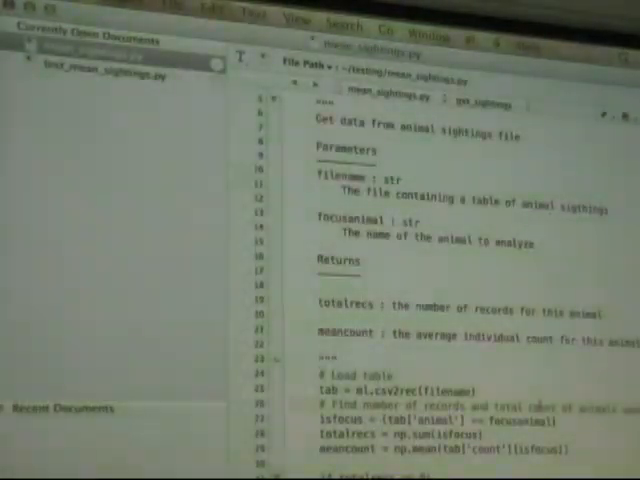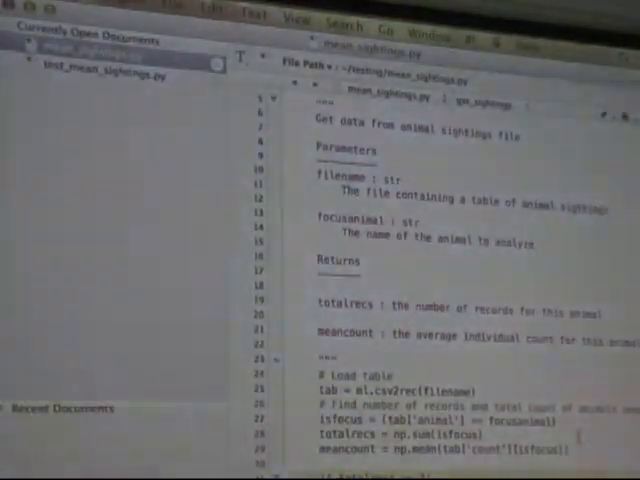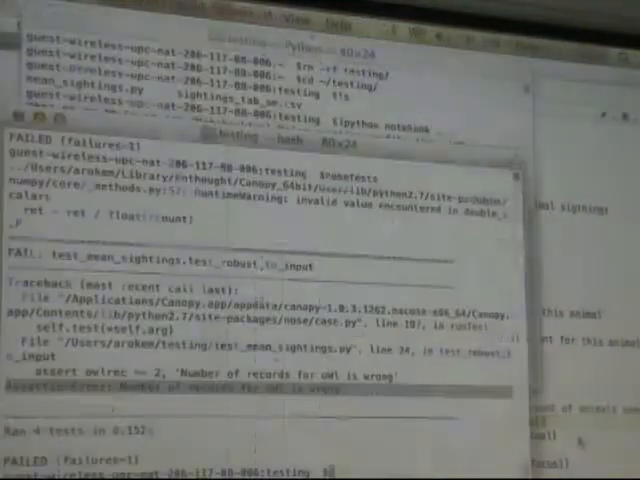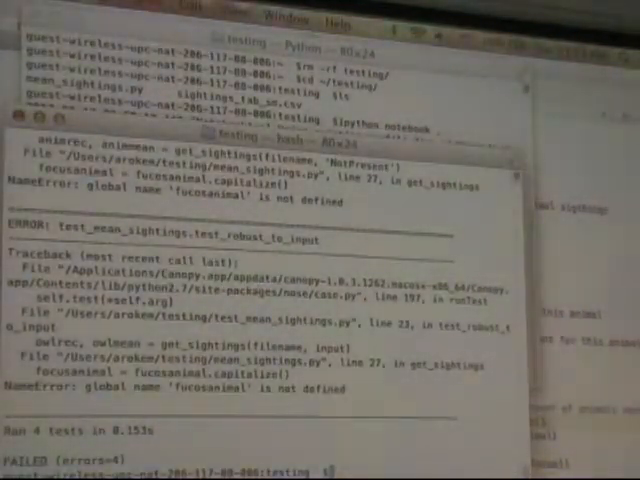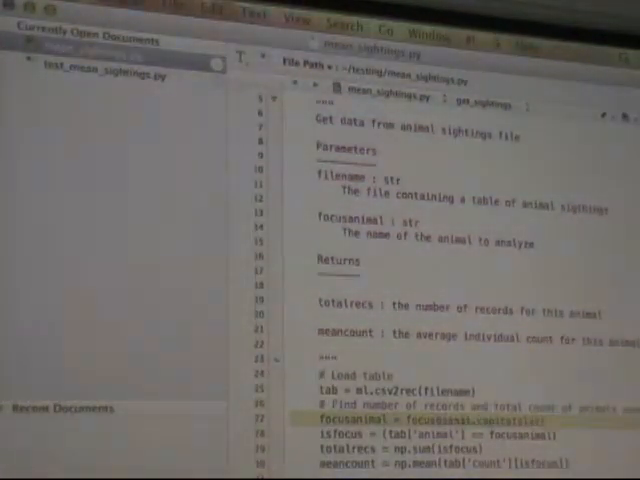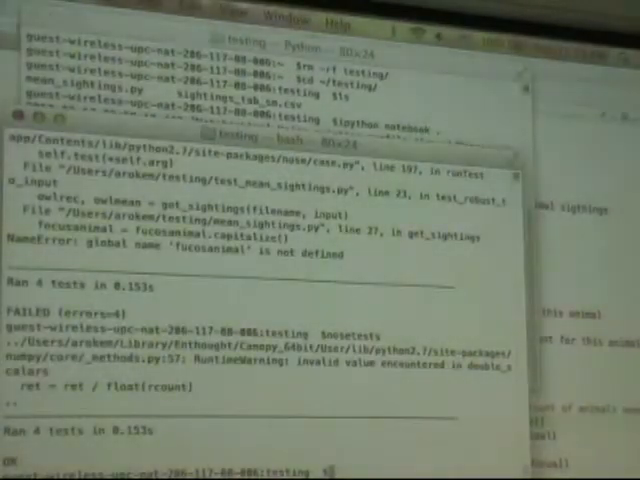What was the solution? So add a line right before each line, right? Put focus animal equals focus animal dot capitalize. And of course, if you don't have typos in your code, then it passes. Okay, so this is what is called